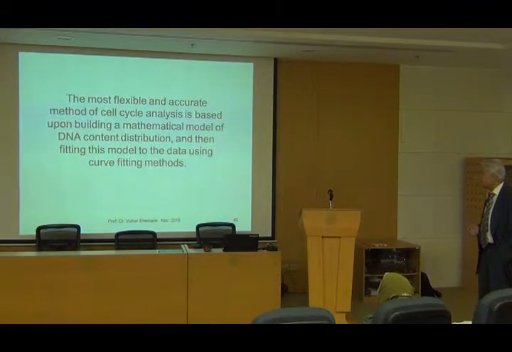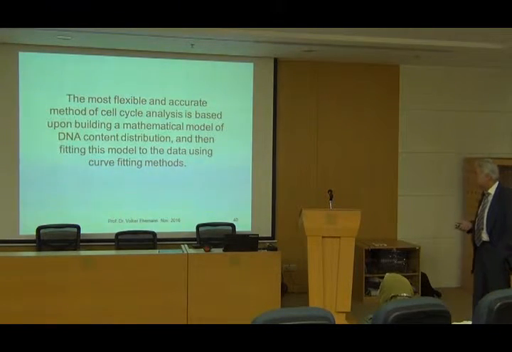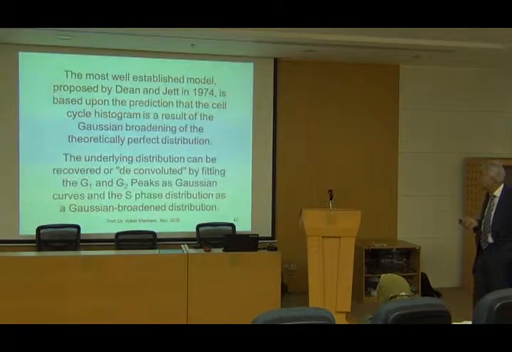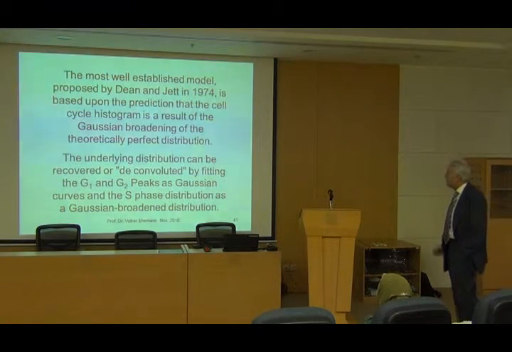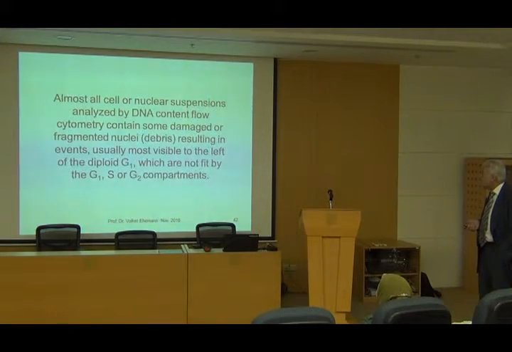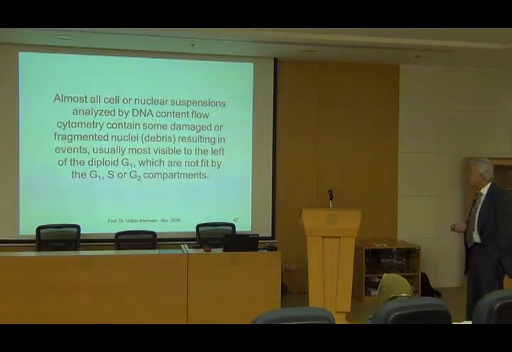The most flexible, accurate method of cell cycle analysis is based on building a mathematical model of the DNA content distribution and fitting this model to the data using a curve fitting method. The most established model was proposed by Gray and Dean and Jett in 1974. Almost all cells or nuclear suspensions analyzed by